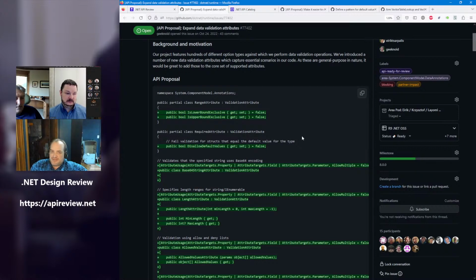I like that approach. It's basically changing the default behavior, which is no-op, into something that actually does some kind of quote required validation for non-nullable value types.